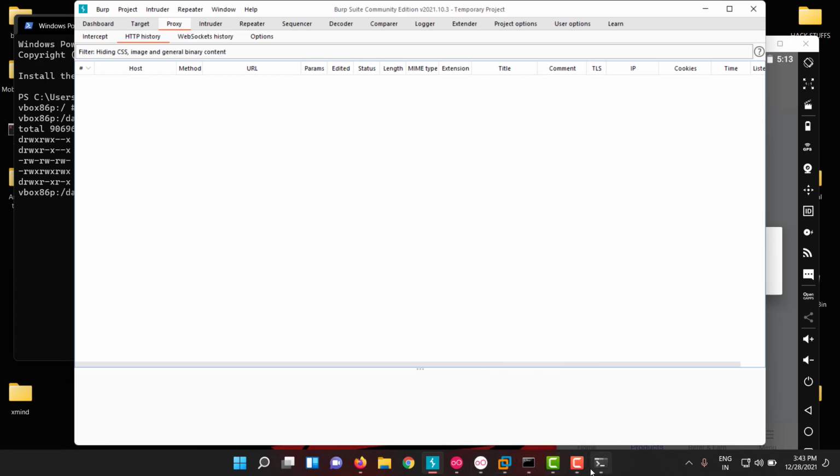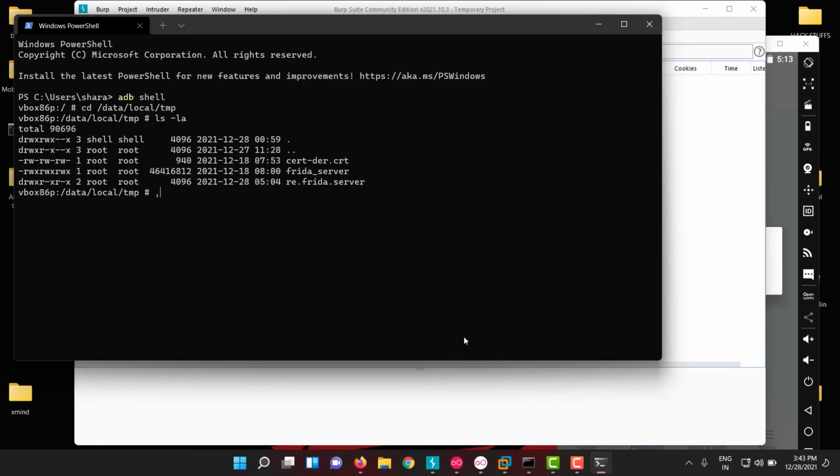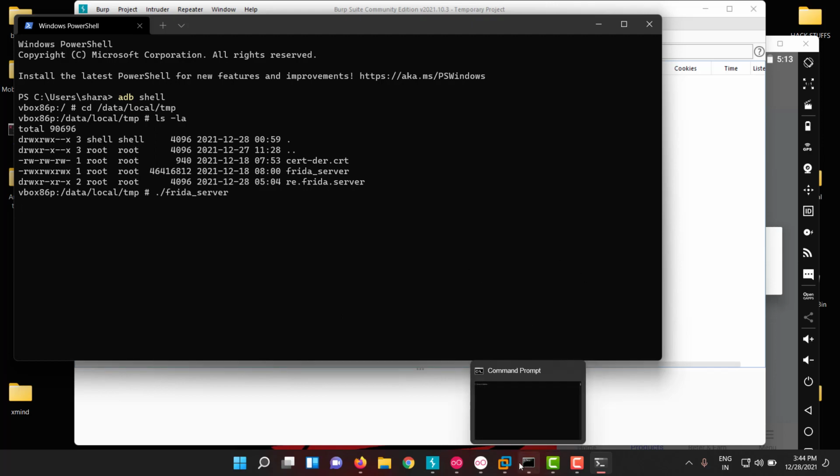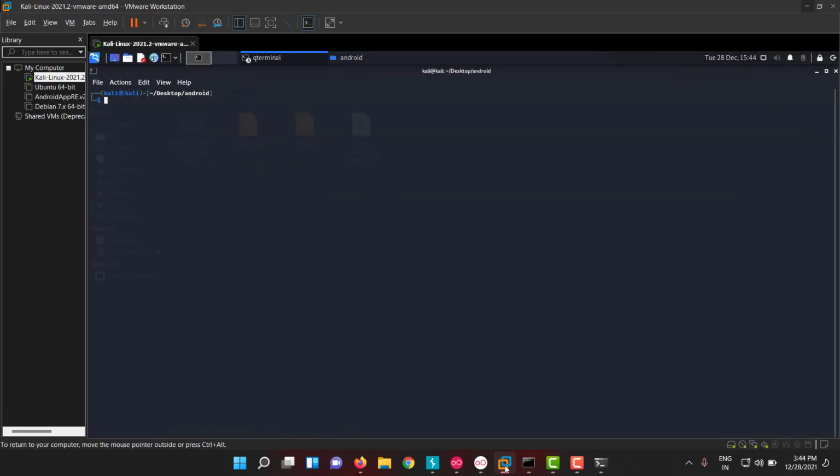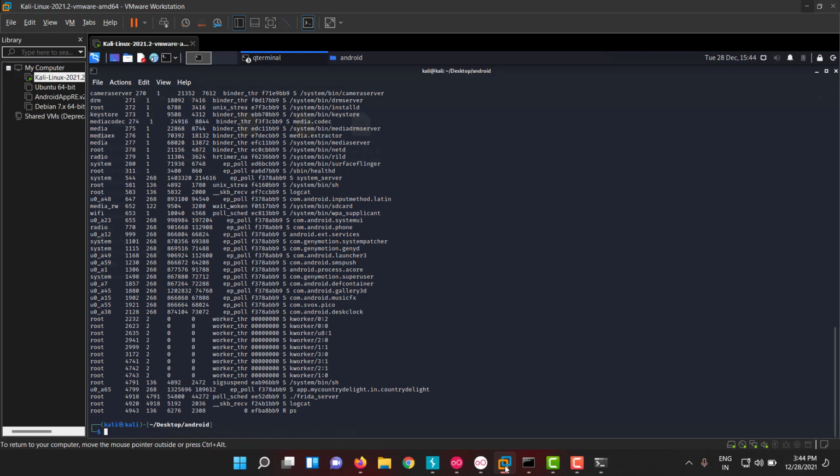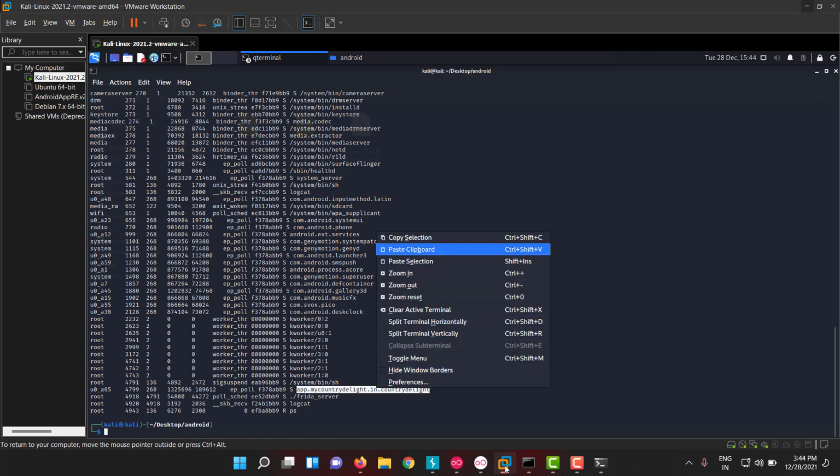So we have our Frida. Let me run Frida. For objection and for Frida, we need to run a Frida server in the shell. For APK MITM, you don't need a Frida server to be run. So now let us go to our Linux and try to bypass it first. Let me see the package name. So the package name is this.